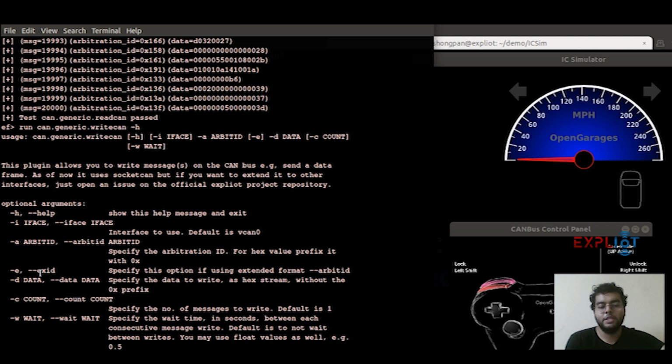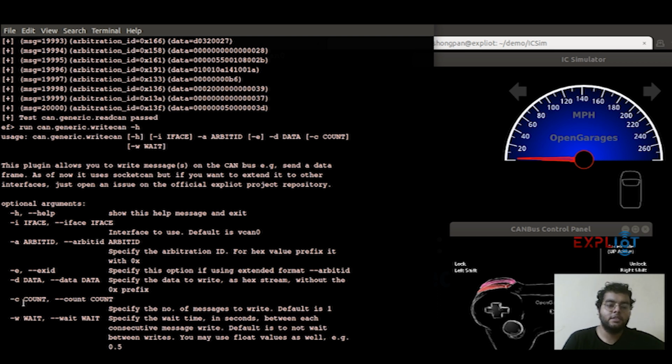You just mention -e with -a, if you are using an extended arbitration ID format. Next is -d, which is the data you want to write, my bad, as a hex stream without the 0x prefix. So -d is basically the data you want to write. You don't have to mention the 0x prefix, since it would be a hex stream.